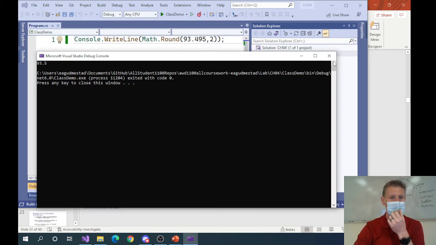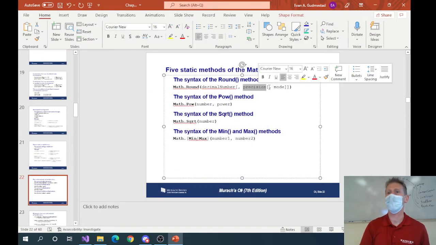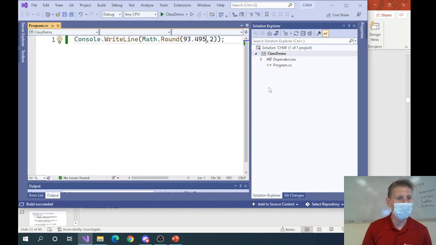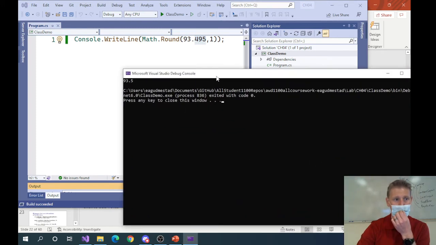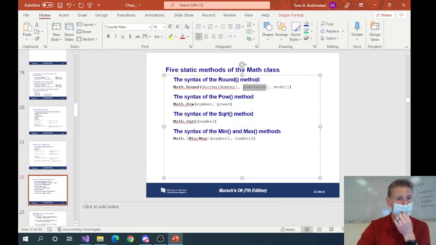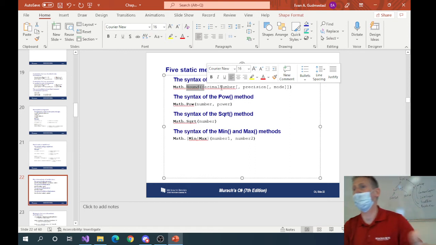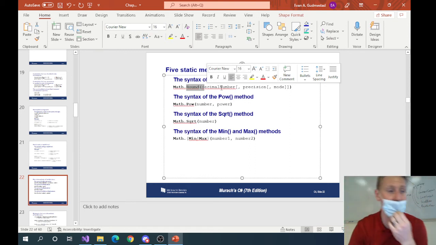So what exactly is that 2 doing? I don't think we've learned that before. Well, it tells you after the second decimal place to round up basically here. So if it was a 1, it would be looking at the 4. So basically, how many precision points? So that's what the precision does on a decimal. You can round at the tenths place or the hundredths place or the thousandths place. Basically, where do you want to round your number to?